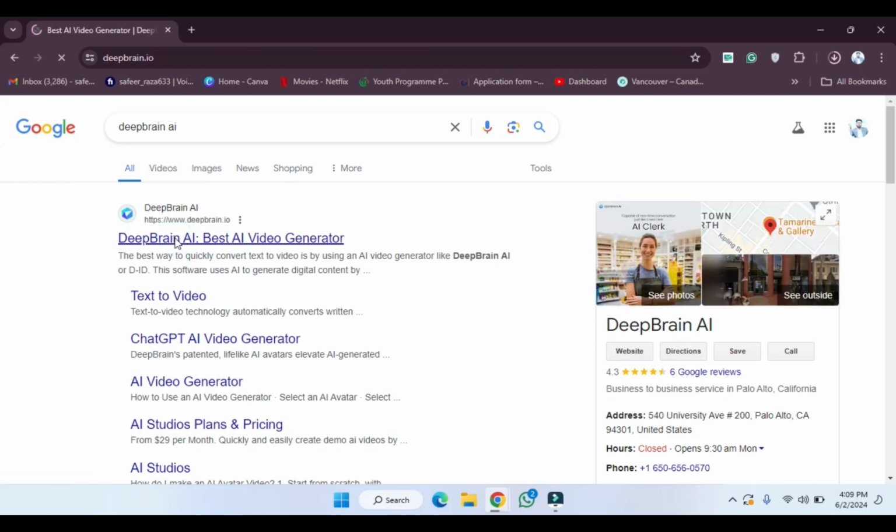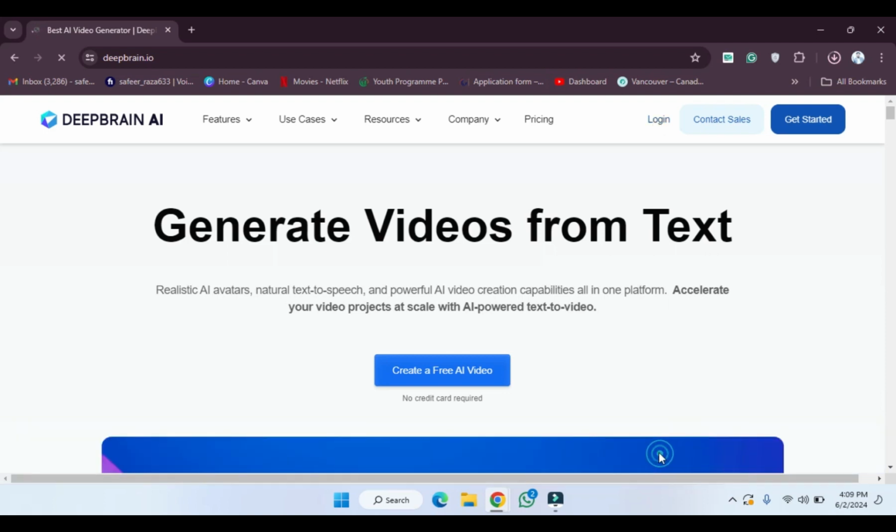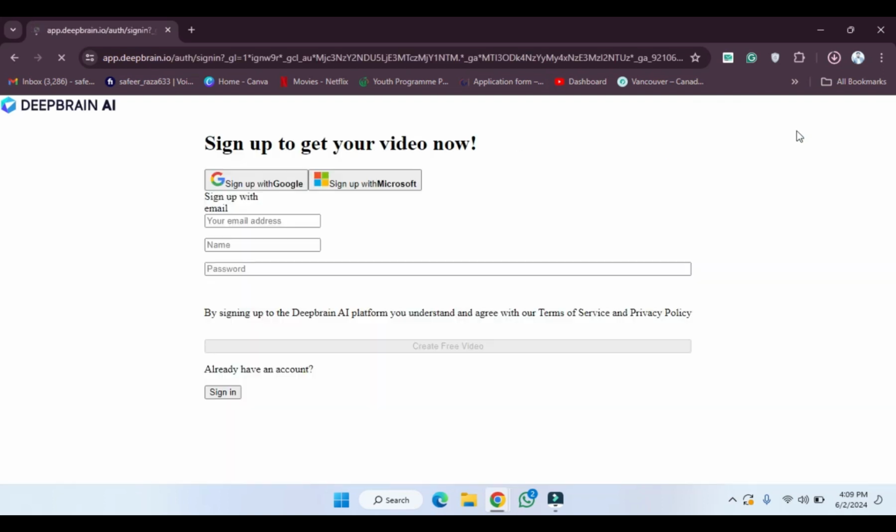After clicking on this, we have to create an account. For creating an account, we have to click on the login if you have already created an account. Or if you are new, then we simply have to agree to this. And now I'm going to click on get started. After clicking on get started, as you can see, we have to provide the details